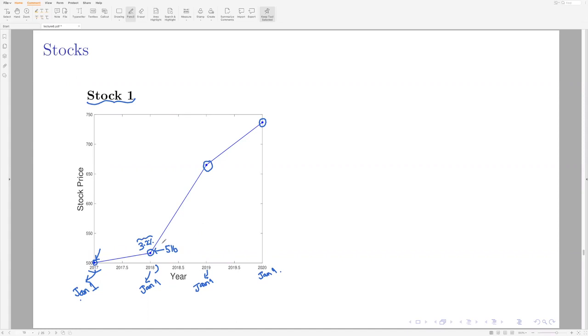Whereas if you have not sold it here, but you held the stock till January 2019 and sold here, you would have got 665 around, and that amounts to 33% return in 2 years. And suppose you have not sold it here also, but you held and sold here, then you would have got 736, that amounts to around